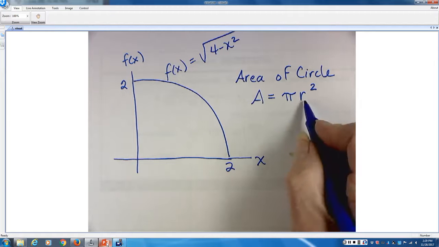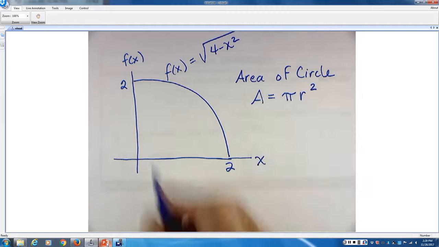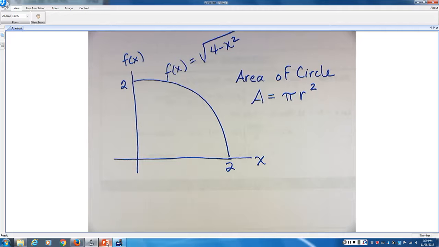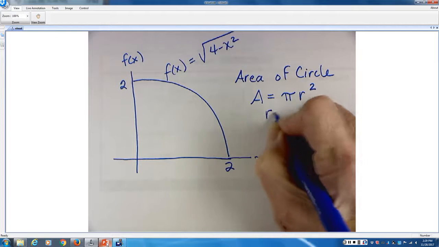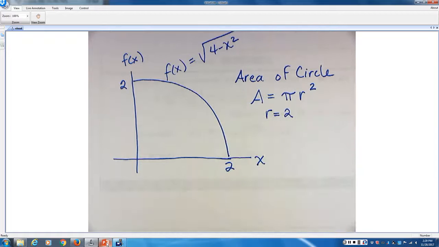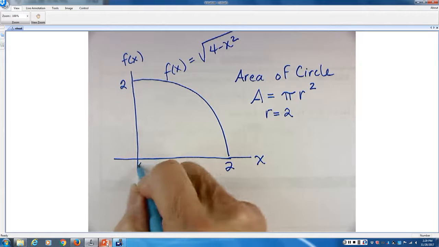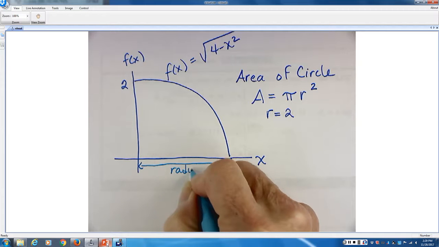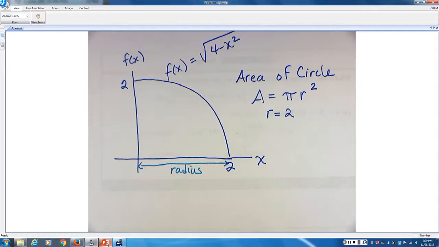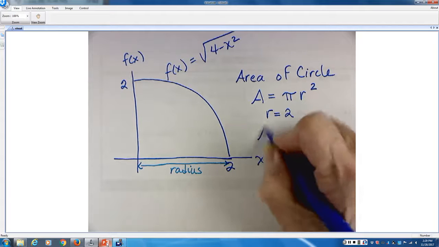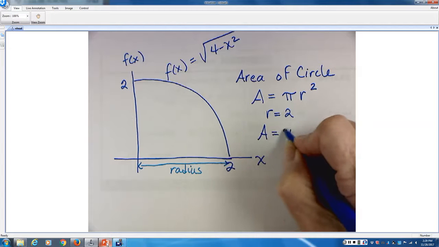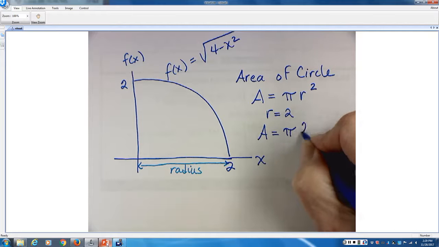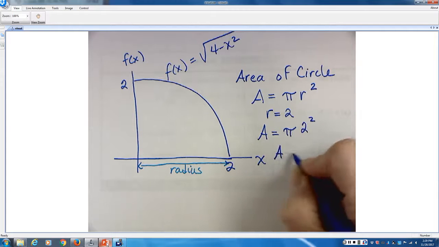What does r stand for? Radius. What's the radius of this circle? 2. Okay. So if the radius is 2, then the area is the number pi times 2 squared. So the area is equal to